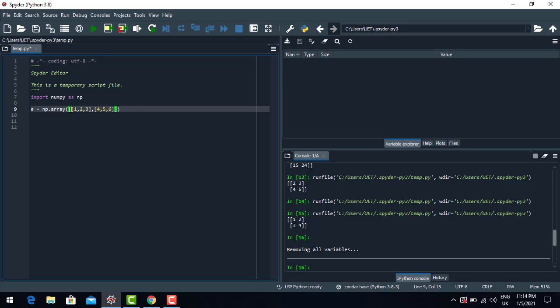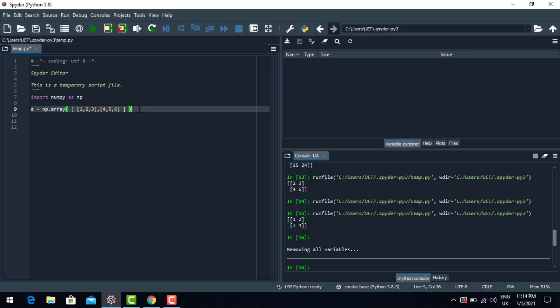So let me give some space so that you know exactly what is going on. So this is the way to create a matrix using Python. So there are two rows. This is the first row, this is the second row, and both the rows are separated by a comma. Each row starts from a square bracket and ends with a square bracket. You can see it over here. And these outer square brackets are also necessary to enclose the array or the matrix.